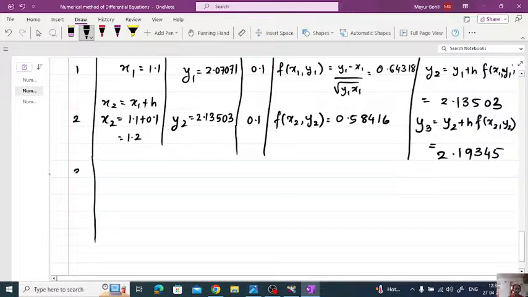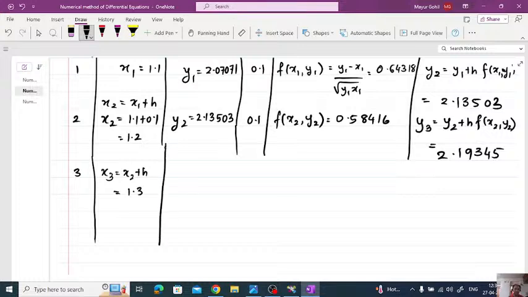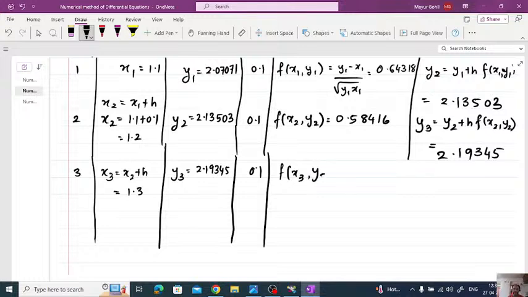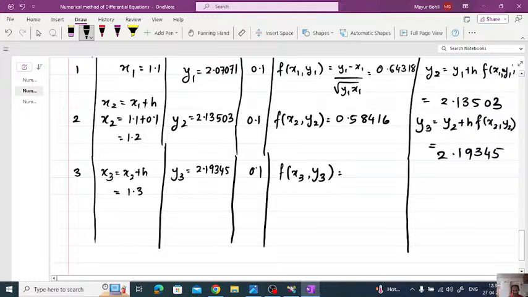अब आगे जाते हैं, तो यहाँ पर 3। अब क्या होगा, x3 इज x2 प्लस h, तो यहाँ पर 1.3 आ जाएगा। और यहाँ पर y3 आएगा आपका 2.19345, h है आपका 0.1, f(x3, y3) कैलकुलेट करेंगे। तो अब कितना मिलेगा आंसर देखो। 2.19345 माइनस 1.3 करिए, सभी जन कैलकुलेट करें कितना आता है। हाँ हेलो, कैलकुलेट द आंसर प्लीज। हाँ, कैलकुलेट द आंसर नाउ।